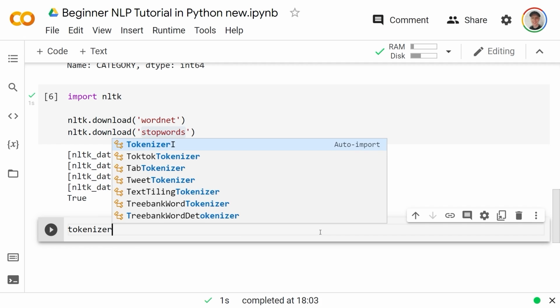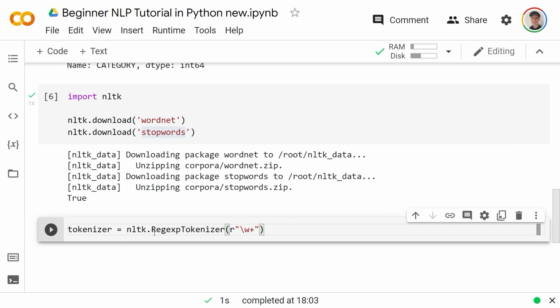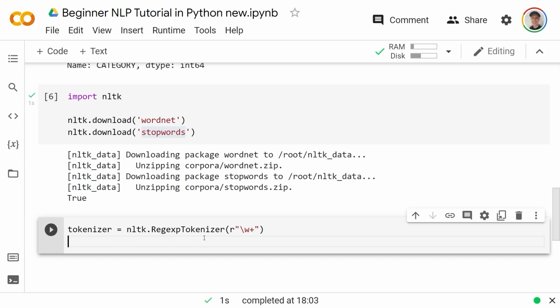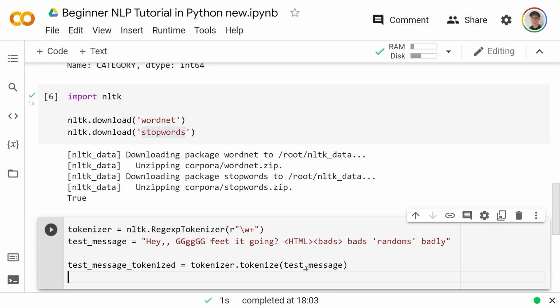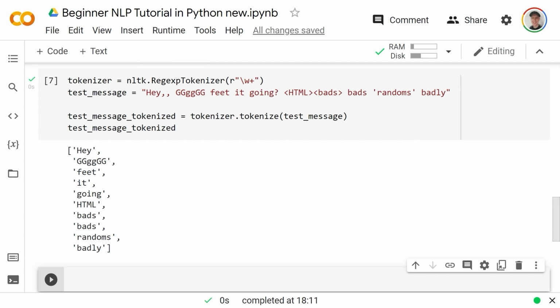So we'll make something called a tokenizer equal to nltk.RegexpTokenizer, and we're going to pass this. Starting with tokenizing, we're going to perform many different transformations to this test message, which is just an example email. It's a string with a bunch of weird stuff in it, and we're going to transform this. It's easiest to show what tokenizing is by doing an example. We do test_message_tokenized, and we'll set that equal to tokenizer.tokenize the test_message, and if we output that result, we see that we now have a list of